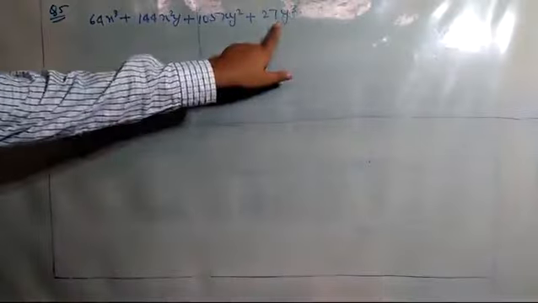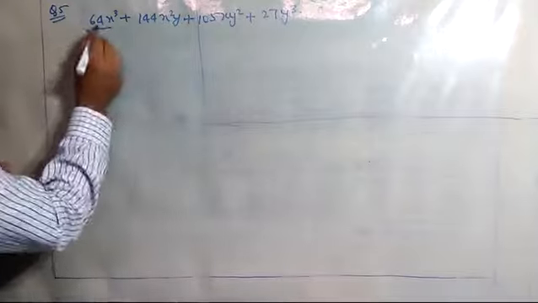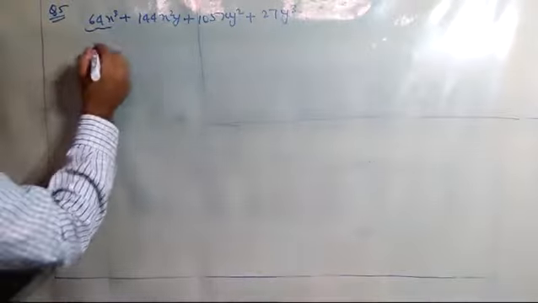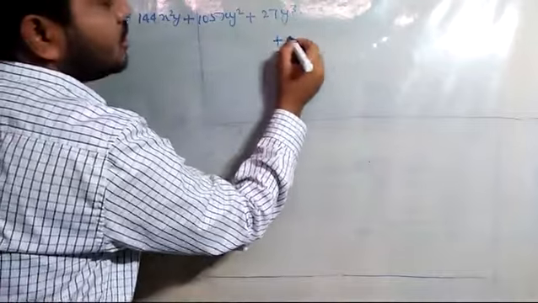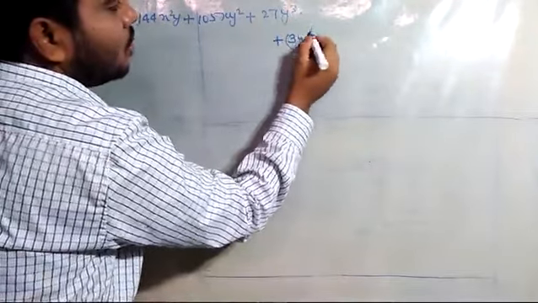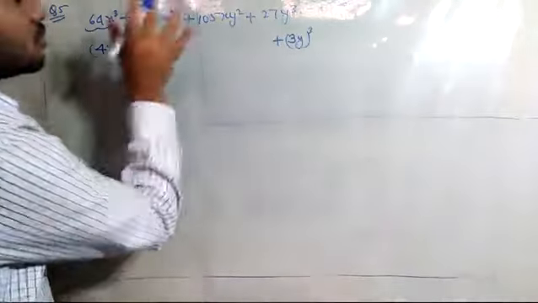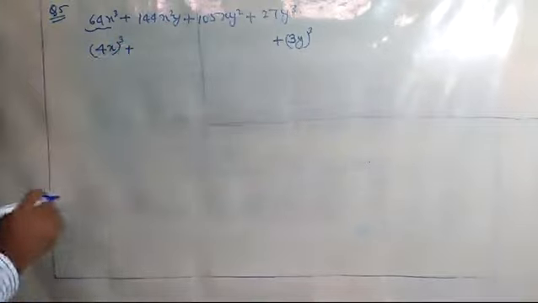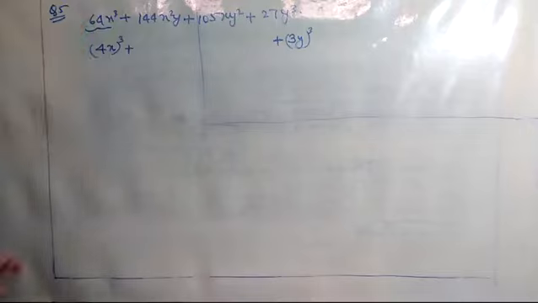Since we can see, if we are familiar, if you have practiced the sums, if we have solved the sums, you can very easily understand what number you are going to substitute here. Here it is 64. 4 into 4 into 4, 64. So I can write 4x whole cube. Now go at the end place. Here you are saying 27. 3y whole cube. Yes or no? 3 3s are 9, 3 is a 27, y cube. Now this middle terms you have to open. You have to simplify. Now if you know the formula, it is already in the form of a plus b whole cube. This much idea you can see by seeing the question.